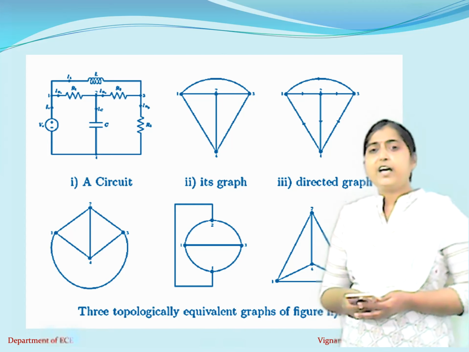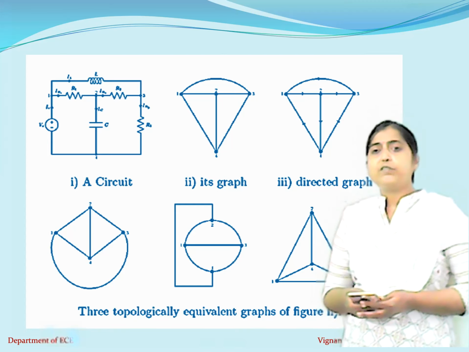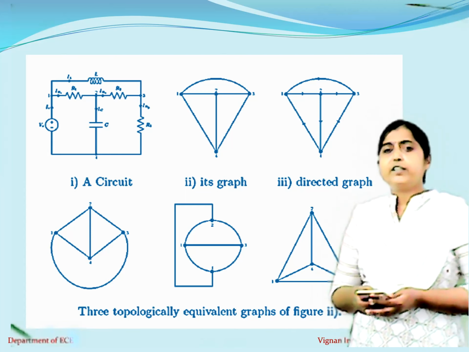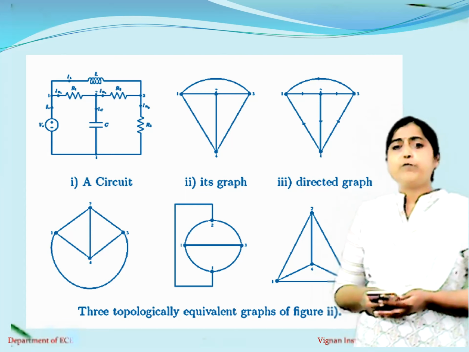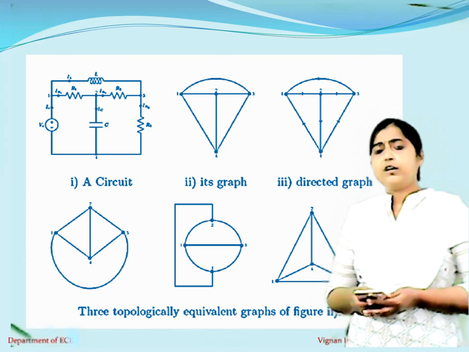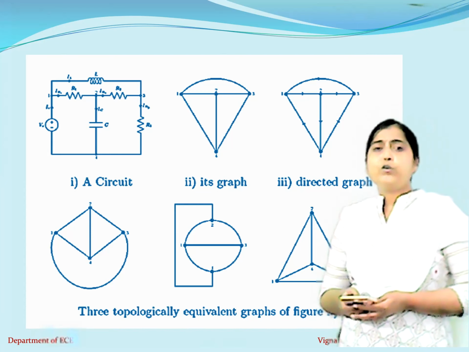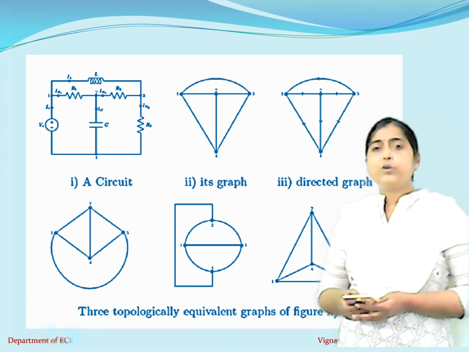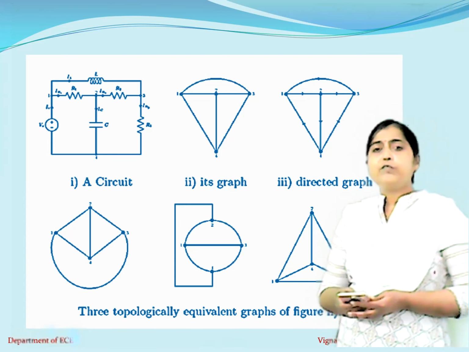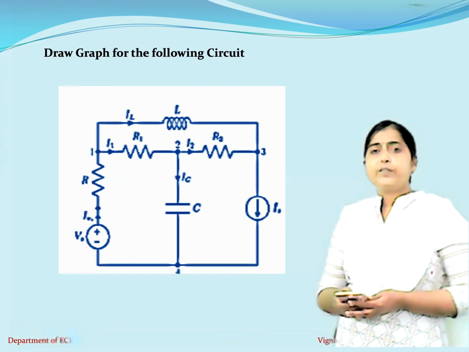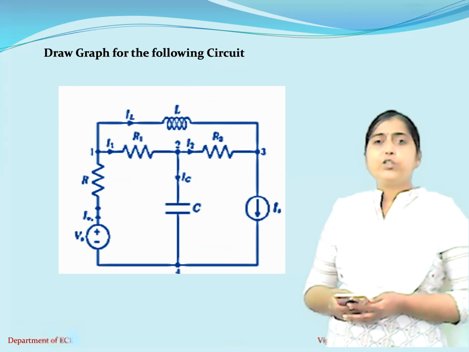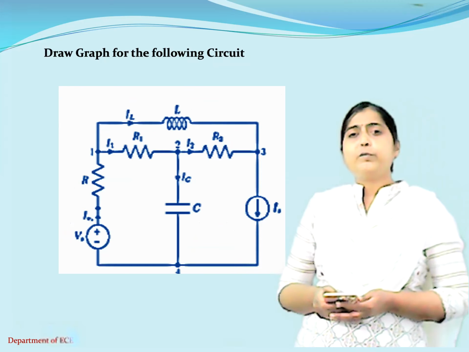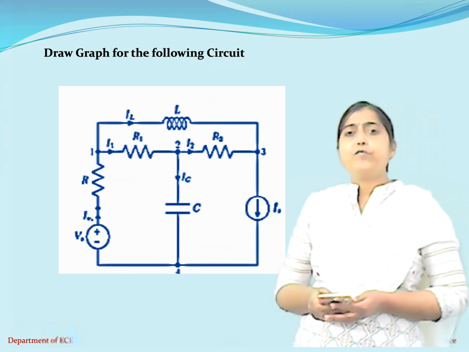So the same graph can be represented topologically in different forms, because a few students may opt for drawing it in a different manner. So you can get any type, any shape for the graph, so nothing to worry, all are correct. But make sure that when you draw the graph, all the elements which are present in the network should be present in your graph. If you miss any one of them, then finally your answers will be wrong, right? So now, for this given circuit, let us identify the number of nodes, branches, and then assume the branch currents, and let us try to draw the graph for this following circuit.